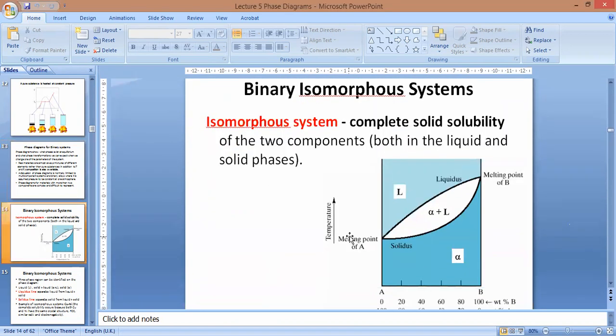So we come to binary isomorphous systems. So what is an isomorphous system? An example is nickel and copper. Complete solid solubility of the 2 components, both in the liquid and the solid phases, as you can